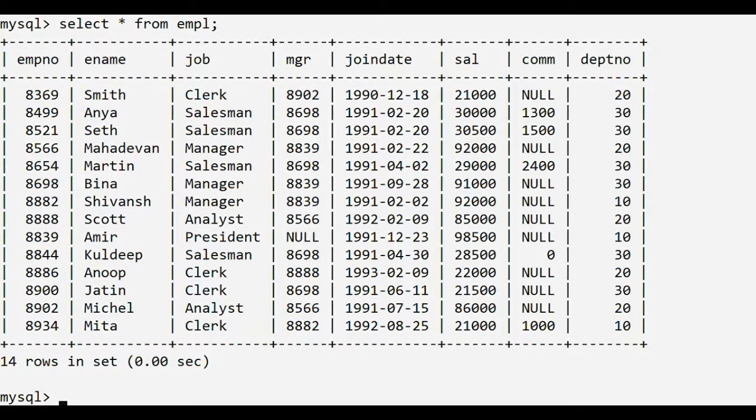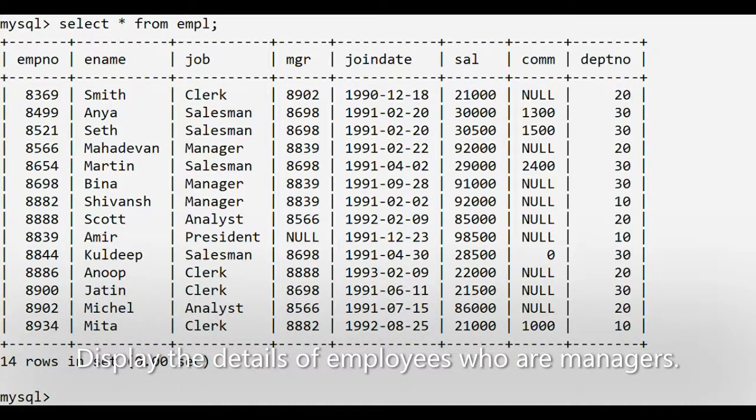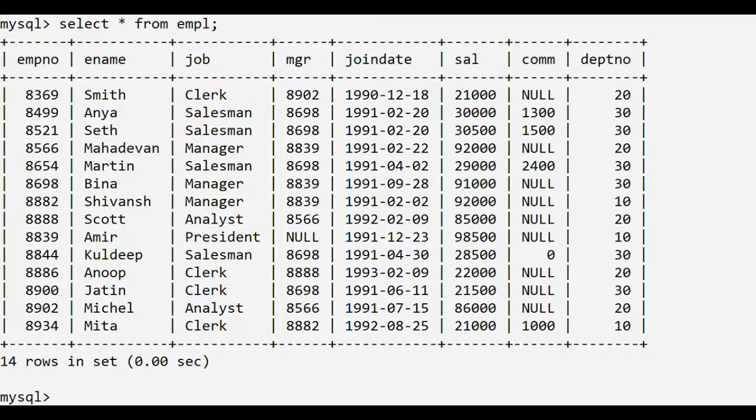Let's take an example to understand this. Suppose we want to display only those employee details who are managers. Here, the condition is the job should be manager. So we write select asterisk from EMPL.